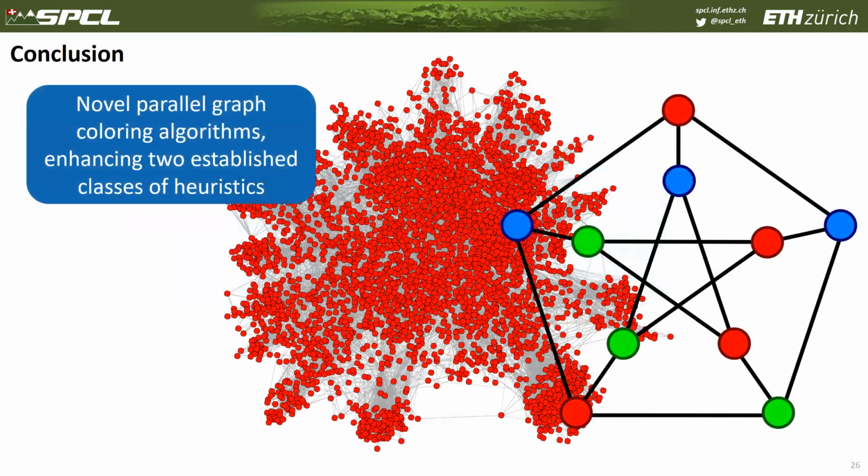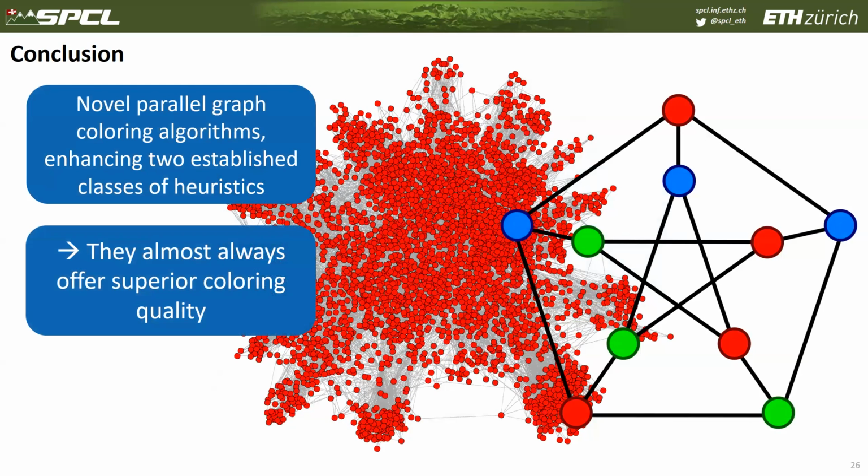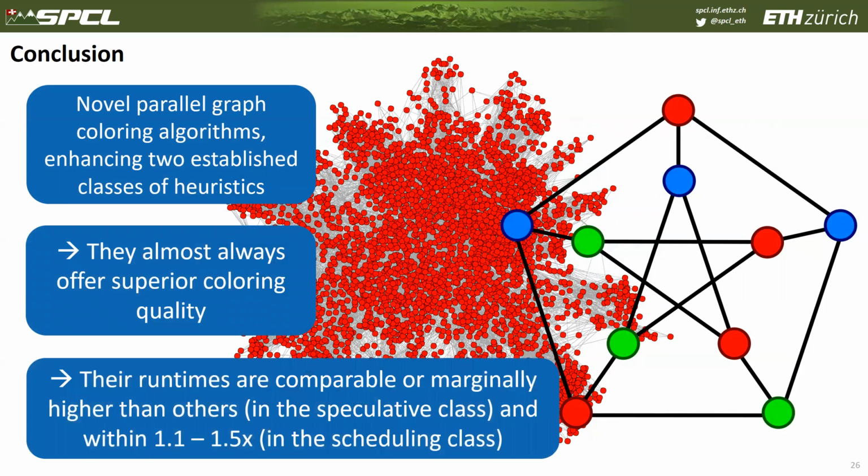To sum up, in our work, we developed novel parallel graph coloring schemes that enhance two established classes of graph coloring heuristics based on color scheduling and based on speculative coloring. The nice thing is that they almost always offer superior coloring quality than almost all other schemes. The runtimes are somewhat comparable, marginally lower or higher than others in the speculative class, and somewhat worse in some cases than the schemes in the scheduling class, but again, always providing much higher improvements in terms of